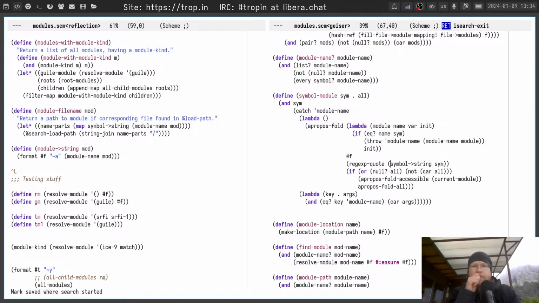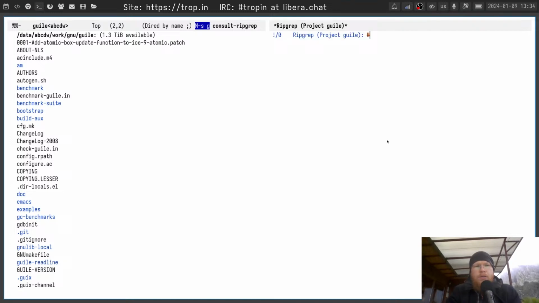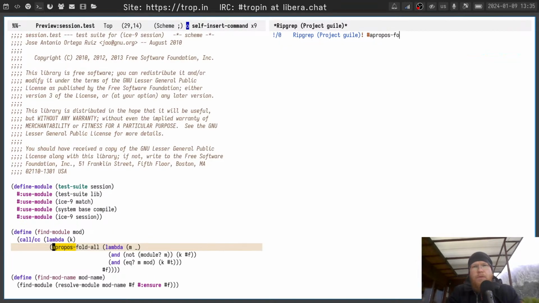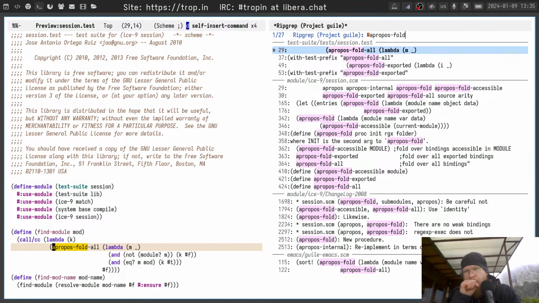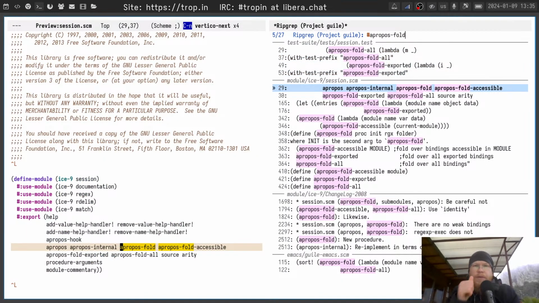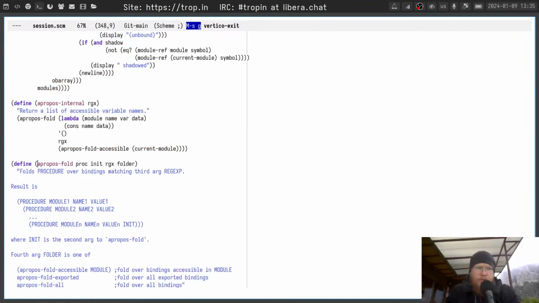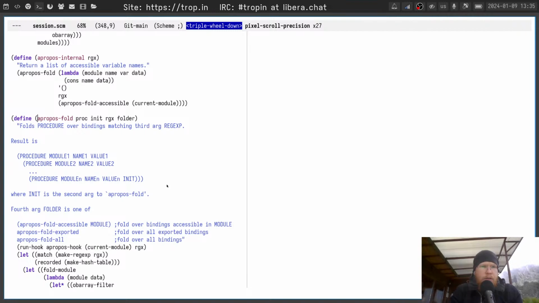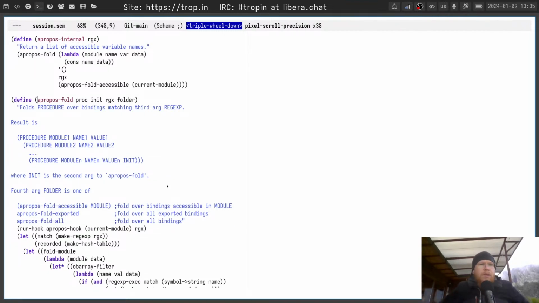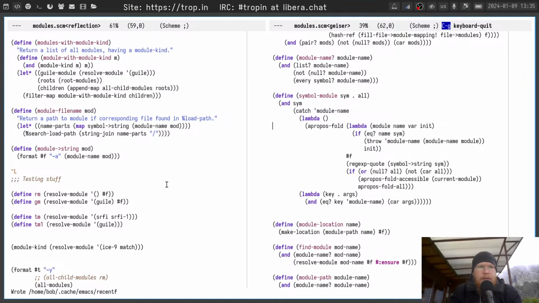How it works. Purpose fault. I am not surprised that it's defined in ice9 session. Third argument, regexp. Okay, I think that we can